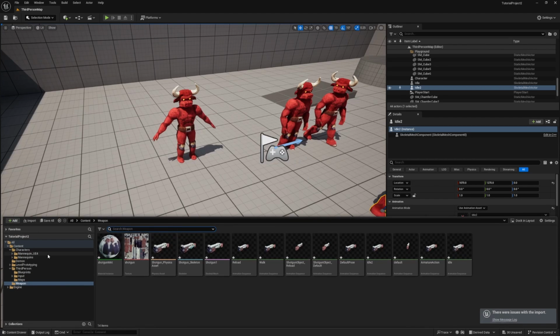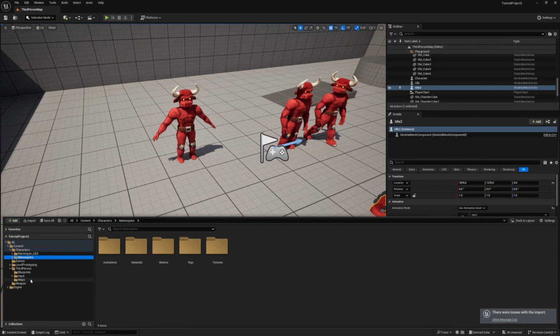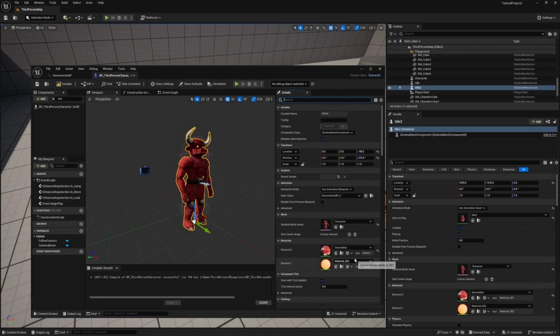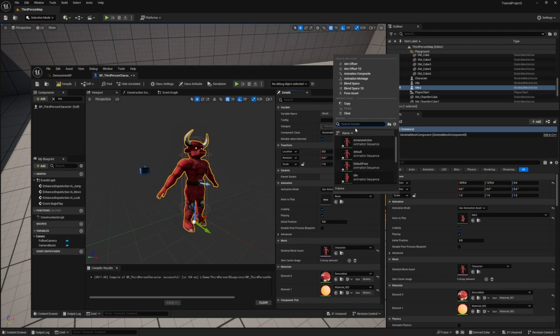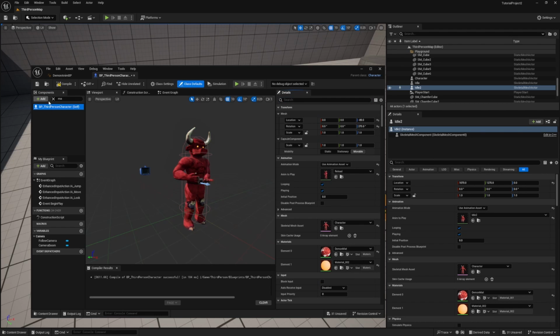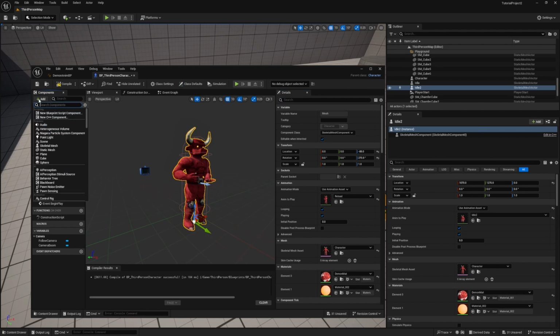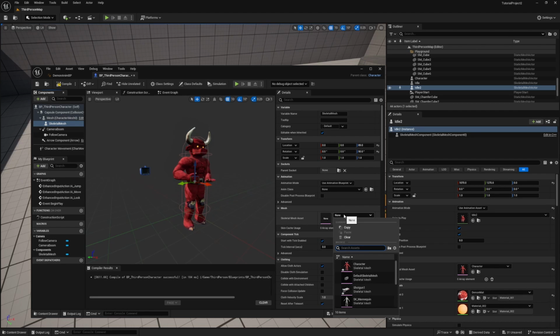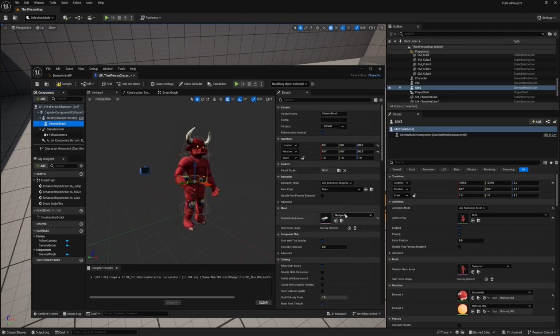And now if we go back in our blueprints, I can play around with it. I'm actually gonna set it to use animation asset just to show that it works. Use the reload. I'm gonna attach a new skeletal mesh. Up is animation blueprint, so this one is gonna be the shotgun. It's gonna be attached to